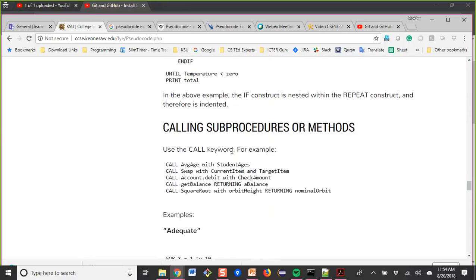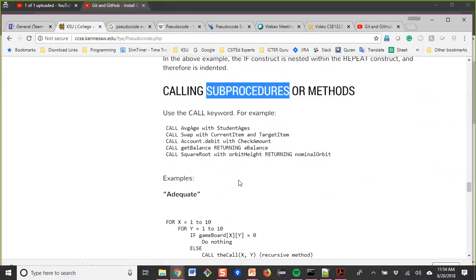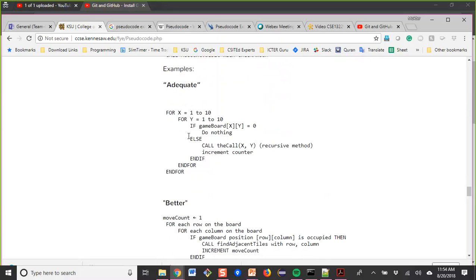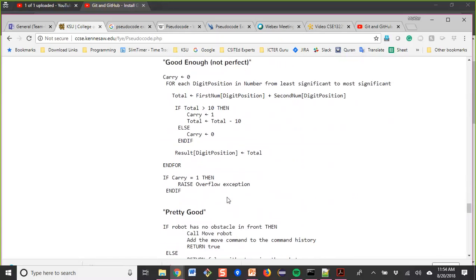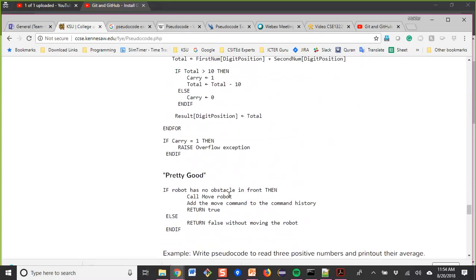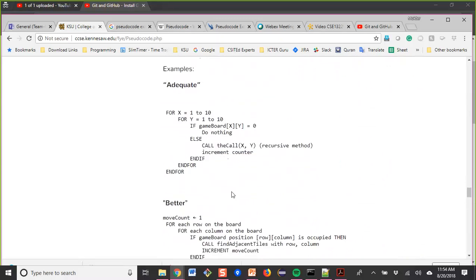So let us see, the call is used in pseudocode for sub-procedures. Here, this is a good example of a construct. Let us see what this is. For instance, here it is a for loop. For x equal to 1 to 10, this for loop started here and is ended here. This is the outer construct, and inside this for there is another for, for y equal to 1 to 10. This for has ended here.